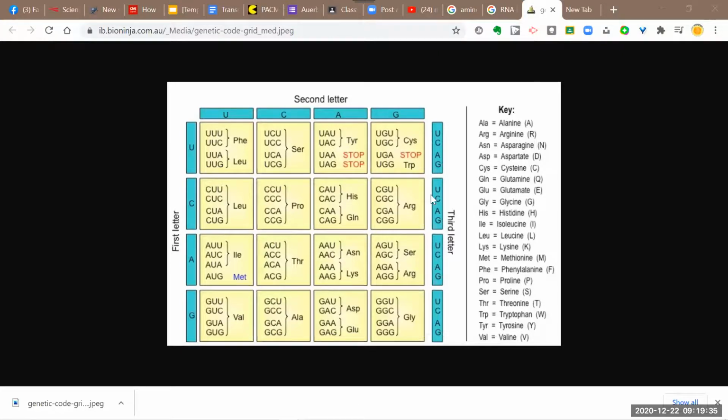AAC, right? Letter A means that it's in this row. Letter A again means it's in this column of this row, so that narrows it down to this box. And then AAC is right there, and it's ASN, which stands for asparagine. Okay, all right. And then the last one